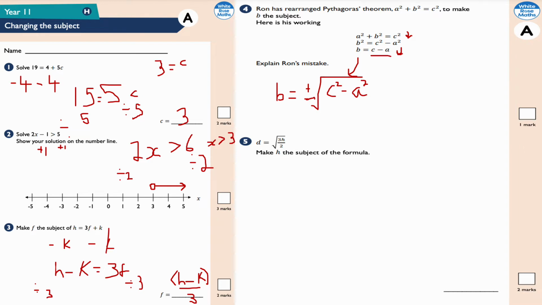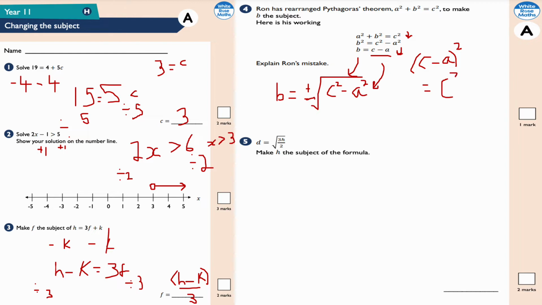They've put c minus a here because they have square rooted this, but I can't separate that, okay. If it was c squared times a squared, yes, okay, but it's c squared minus a squared, so I can't just separate that into two components, because if I square c minus a, all squared, I don't actually get c squared minus a squared, I get c squared minus 2ca, or 2ac, plus a squared, okay, if I try and work